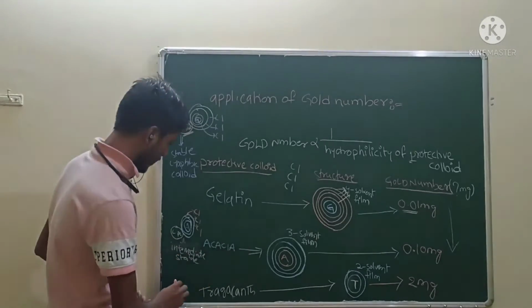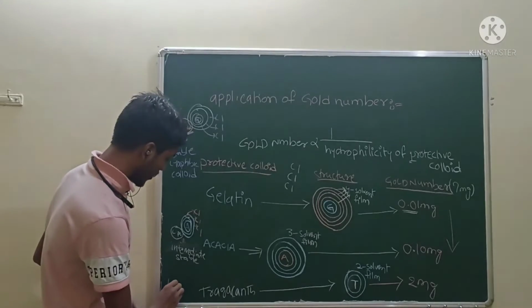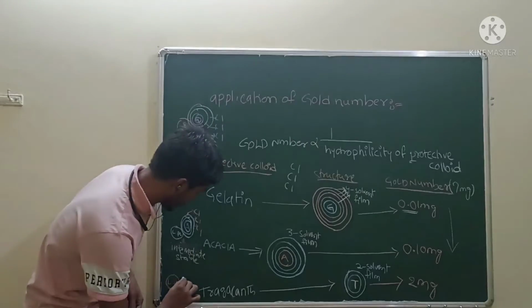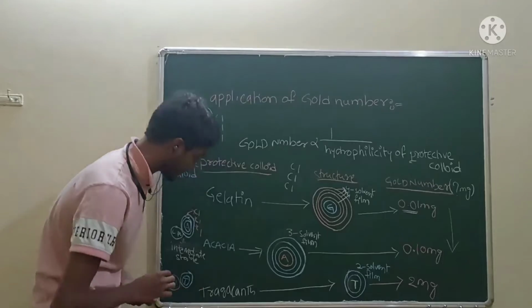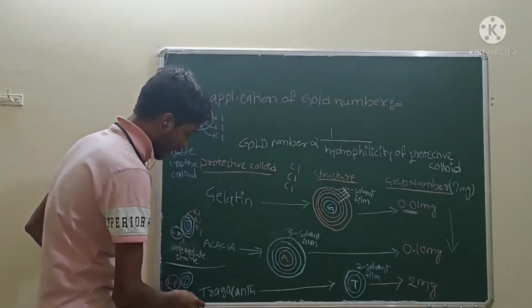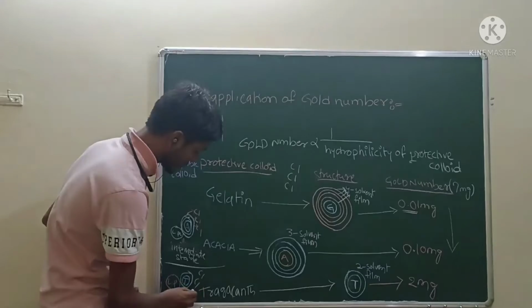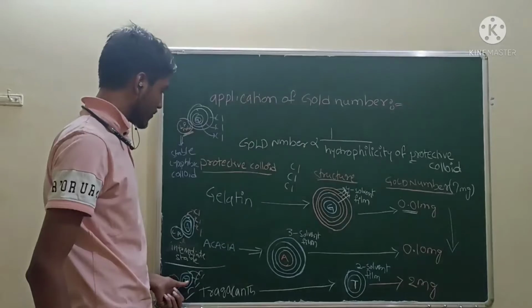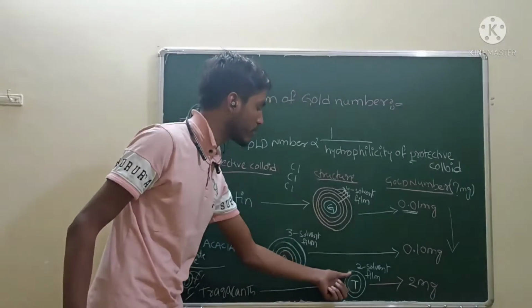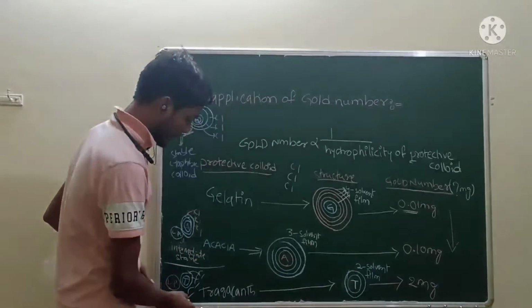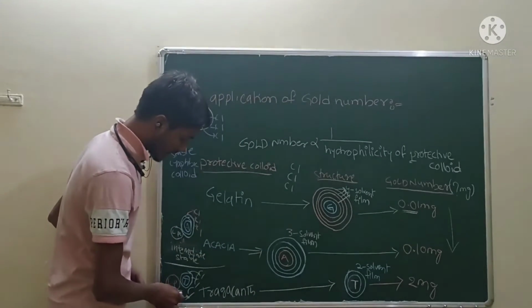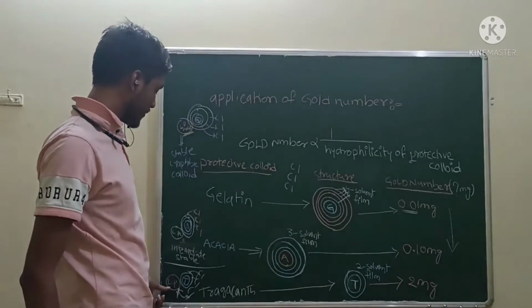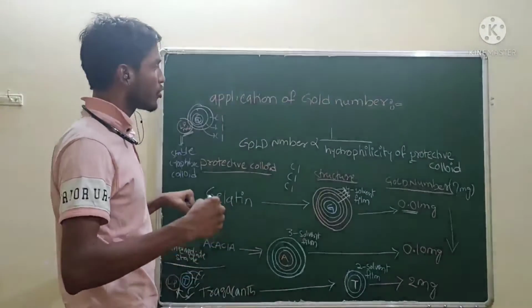Next one is tragacanth. This is a lyophobic particle, tragacanth is there, surrounded by two layers. When I add three chlorides, two chlorides remove the solvent film from the tragacanth. The two solvent films are removed by these chlorides. Then the third chloride is there, which is interacting with the lyophobic colloid. So which is having more protective action?